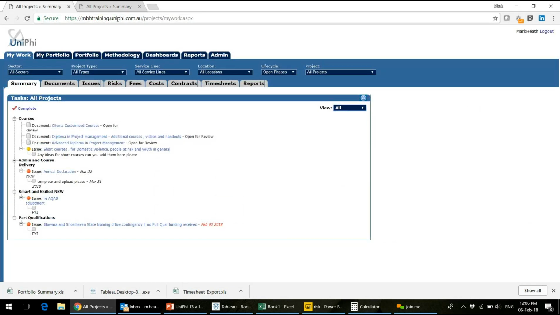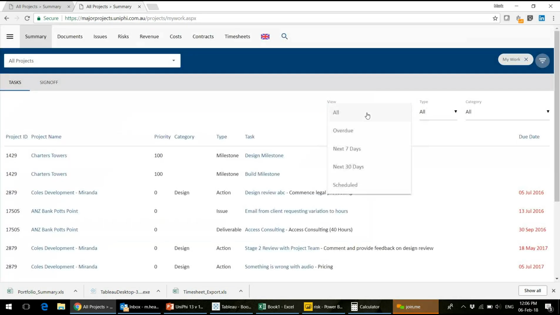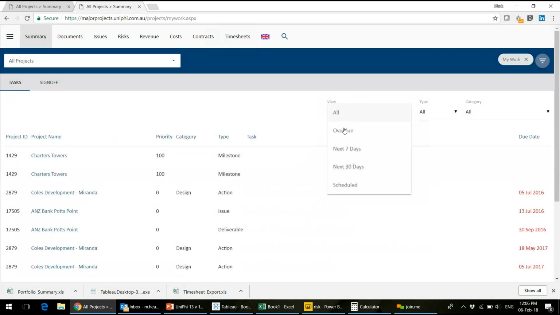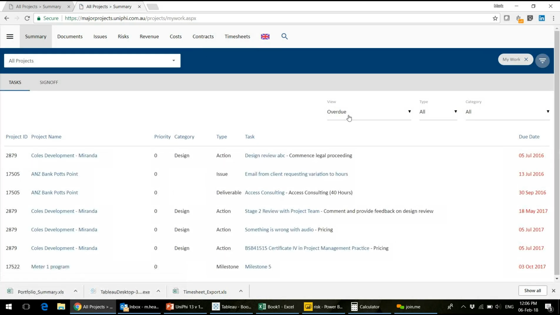It only had one drop down, which was a date drop down, and now the view is more advanced, and you've got overdue, next 7 days, next 30, and schedule. There's an option to filter this list of work that you've got to do here. Overdue items only, or